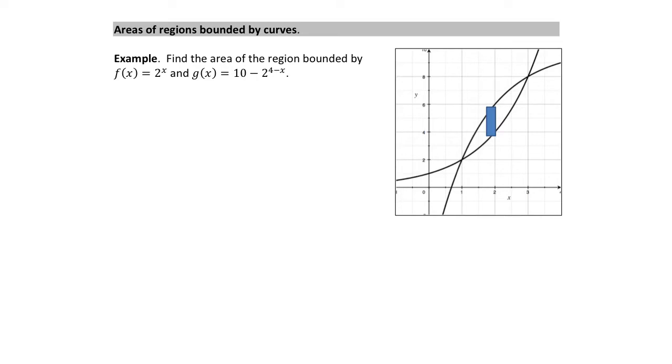So here the curves I'm looking at are y equals 2 to the x, which is the one that's concave up here, and y equals 10 minus 2 to the 4 minus x, which is this one that's concave down. I'm going to make a couple little comments here. First of all, I'm going to note that they intersect at the points (1, 2) and (3, 8), which can be confirmed by substituting 1 into each function and obtaining 2, and substituting 3 into each function,